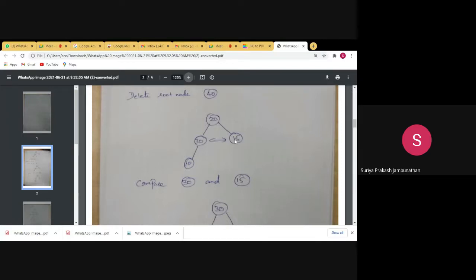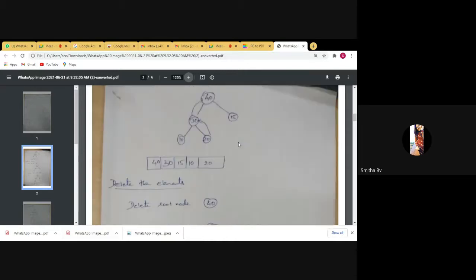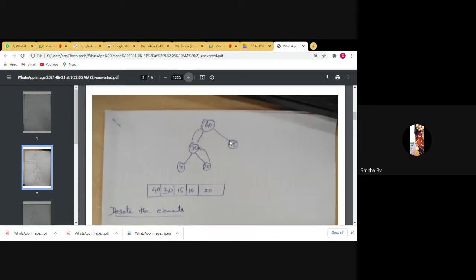Now we have to compare the sub nodes. So 15 and 30 you have to compare. Sir, why, if we take 15, will the right side node be cut off? If you are taking 15, we are not able to compare with 30. So we have to keep the right side tree as it is, because if you remove the right side tree, as per the comparison, we are not able to get any right side node.